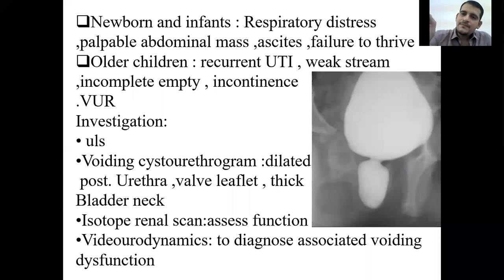How can we do this? By insertion of a Foley catheter, calculating the amount of contrast media that should be injected into the bladder, and then removing the Foley, and during voiding we get this picture. This exposure shows a dilated bladder and dilated posterior urethra. This sign is the keyhole sign. Look at its shape, like the keyhole of an old-style door key, so they call it the keyhole sign. This is diagnostic for the posterior urethral valve,